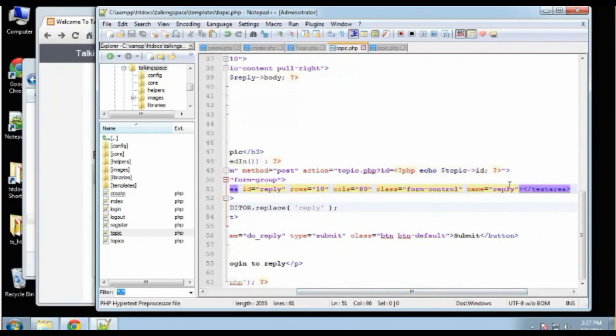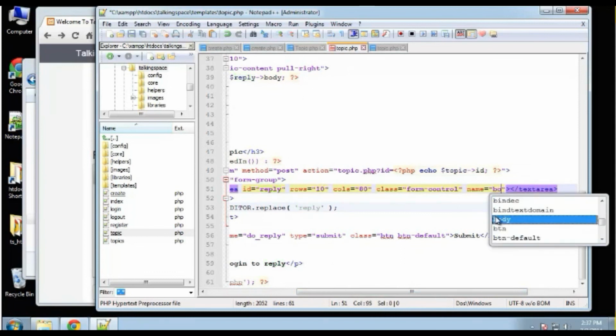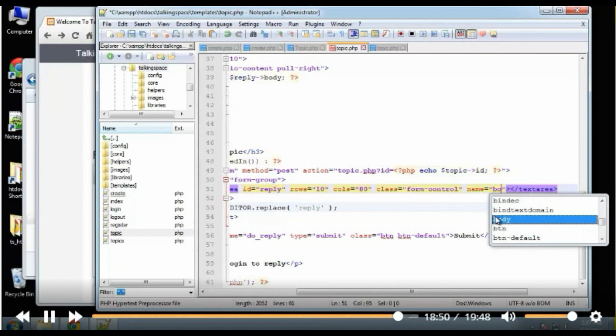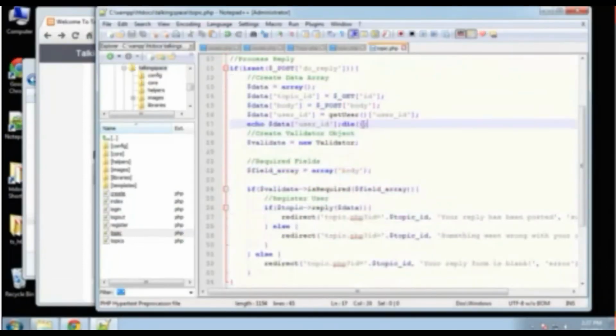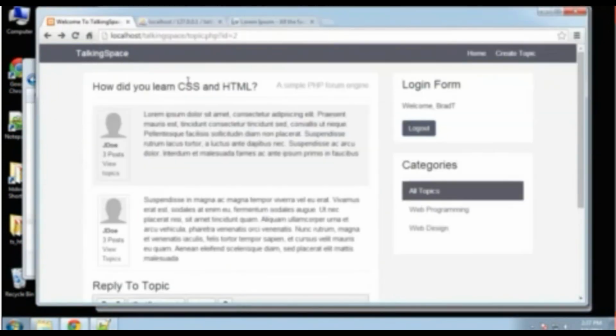The last project that we did, the Talking Space forum, was almost like an MVC framework because we had an entry file like topic.php. And then from that we went to a library to use the database class and pull in information or even insert information into the database. And that's what a model does. Okay, a model deals with data, usually in a database but not always. And then a view is